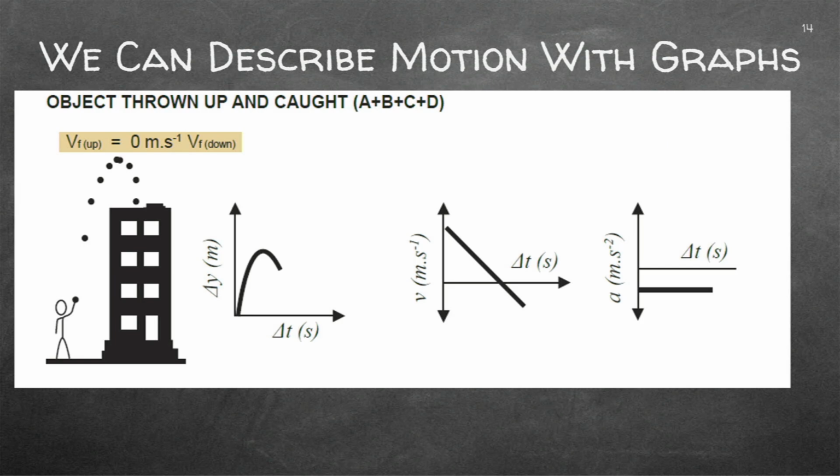This person is throwing a ball from the bottom up and it turns around and it lands there. As I said, it's like a goal you shoot in netball or something. So what happens here? There will be an initial velocity. Can you see we're starting there? It's going slower up until it reaches that point there. You know the final velocity at the top for the up is exactly the initial velocity for the down, and that will be 0.